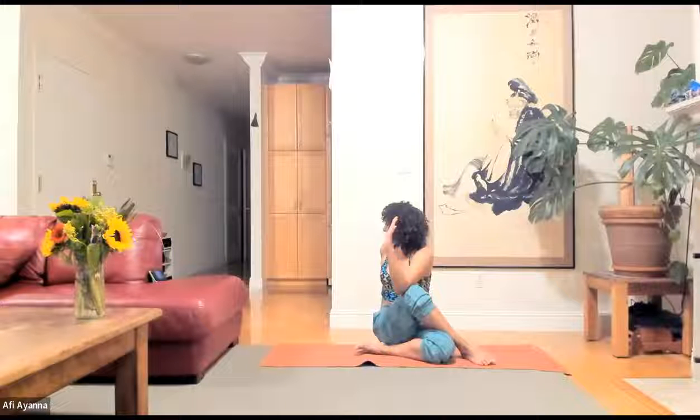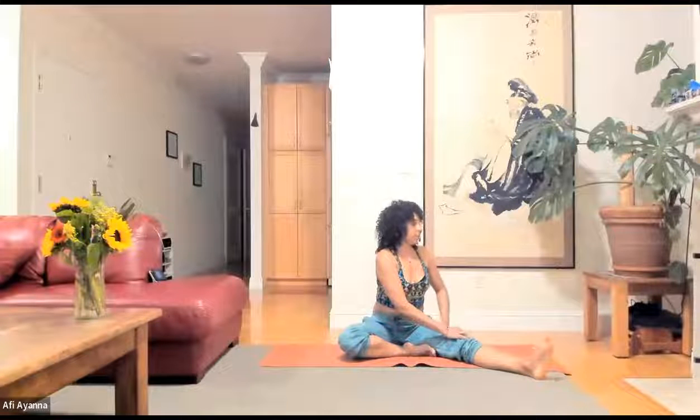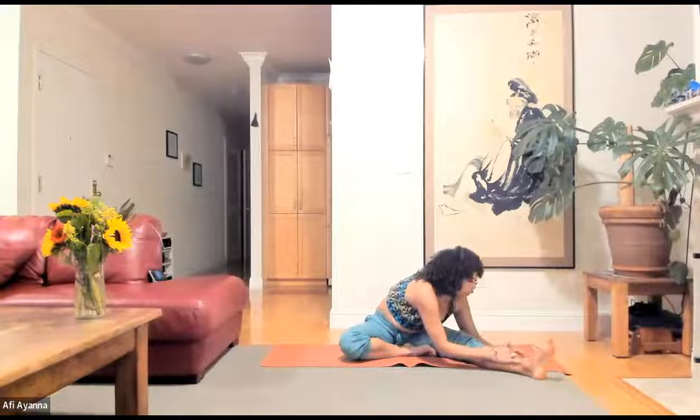Inhaling in here, and the exhale, releasing back to center. Undoing the legs, drawing the right leg in towards the center of the left thigh, opening up the left leg into a forward fold on the left side, hinging at the hips, walking the arms forward, grabbing a hold of